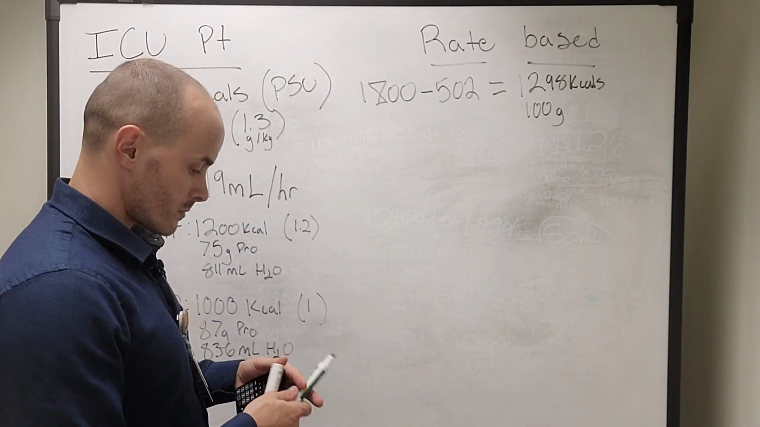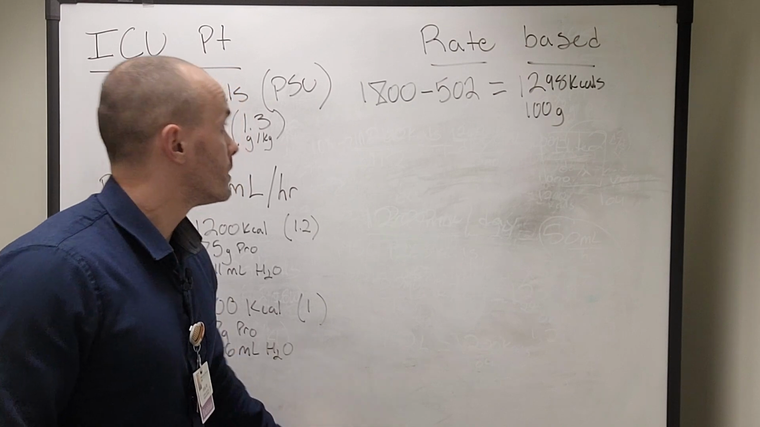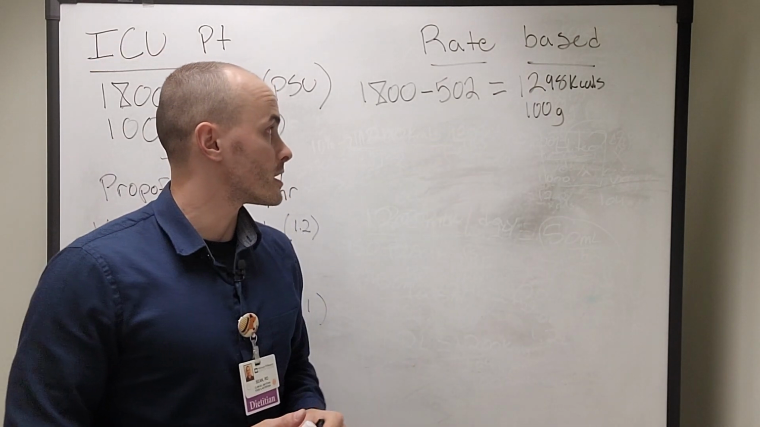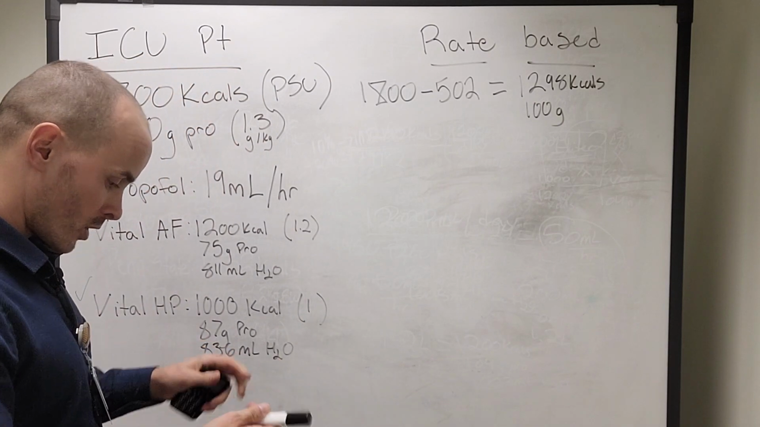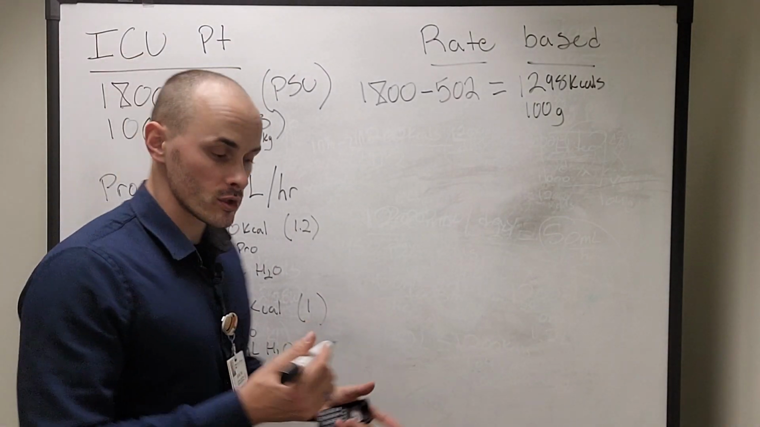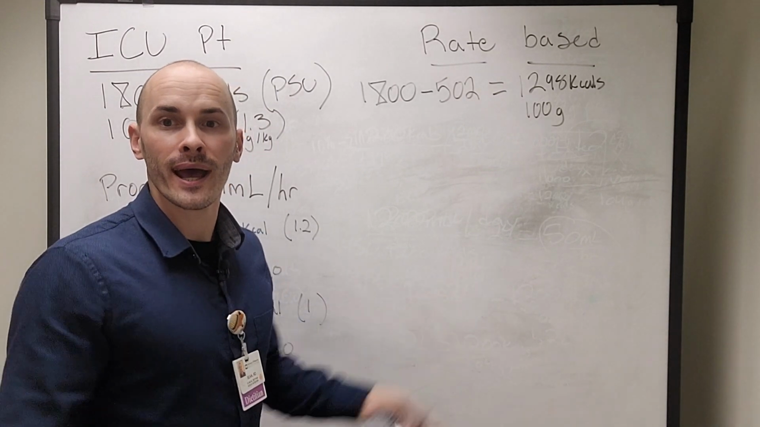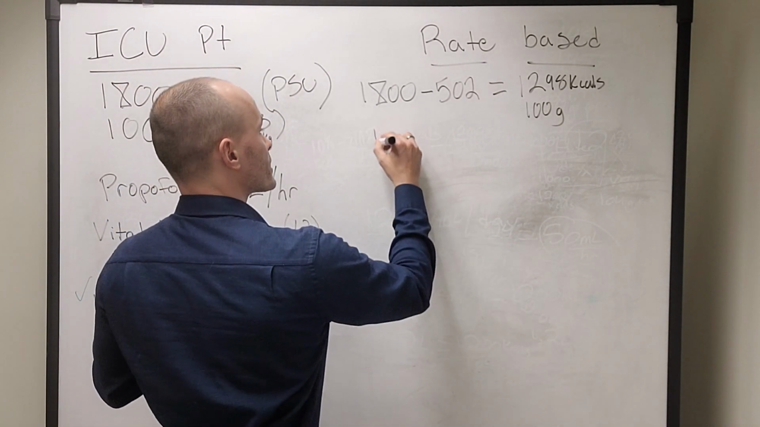So we've determined that our patient needs just under 1,300 calories, and they still need all of their whopping 100 grams of protein. So what in the world are we going to do? We do the same thing every time. You take their caloric needs